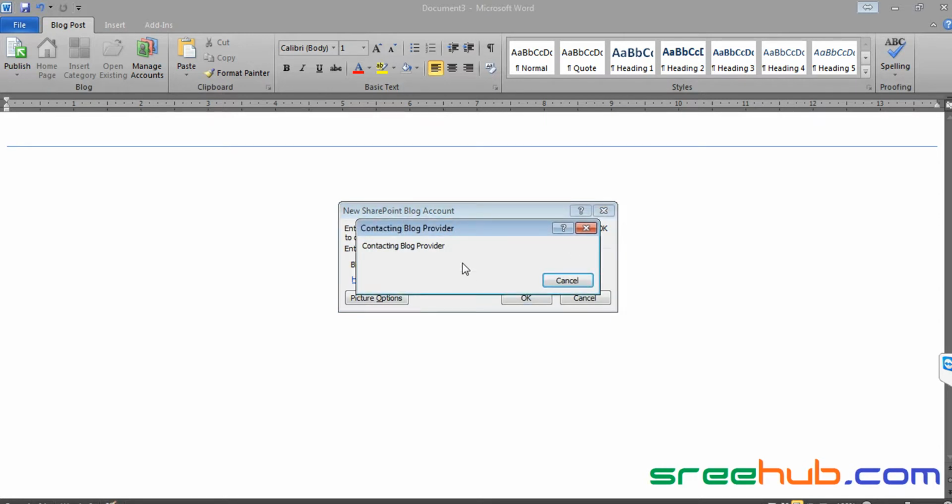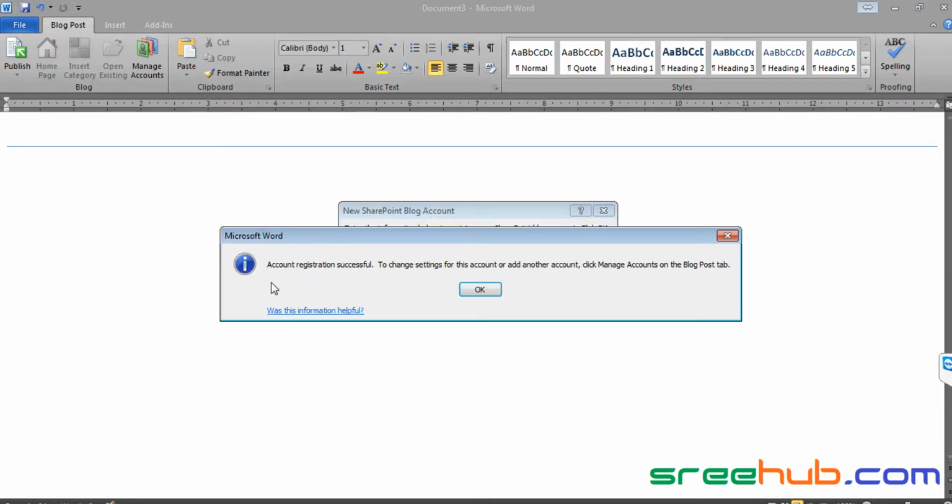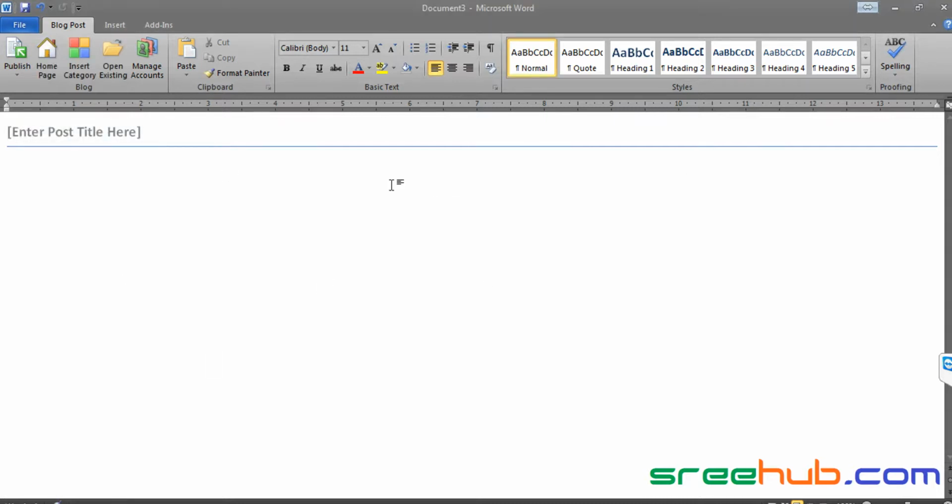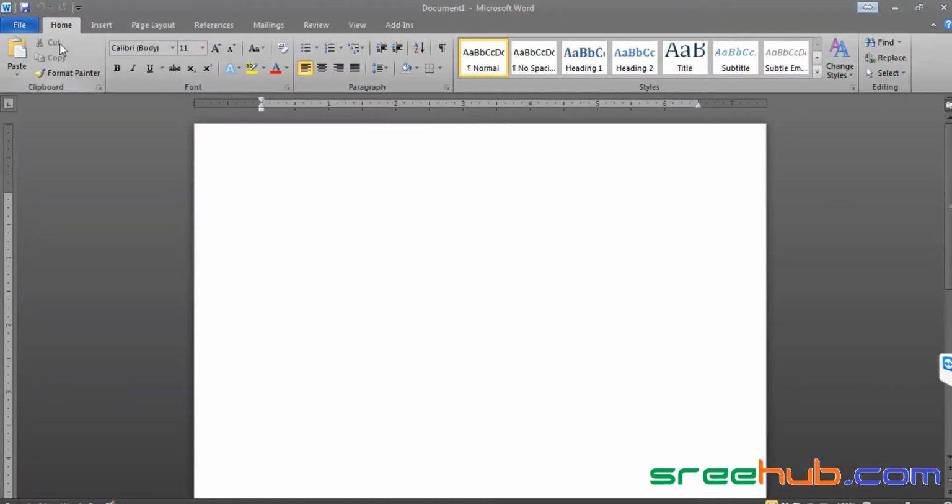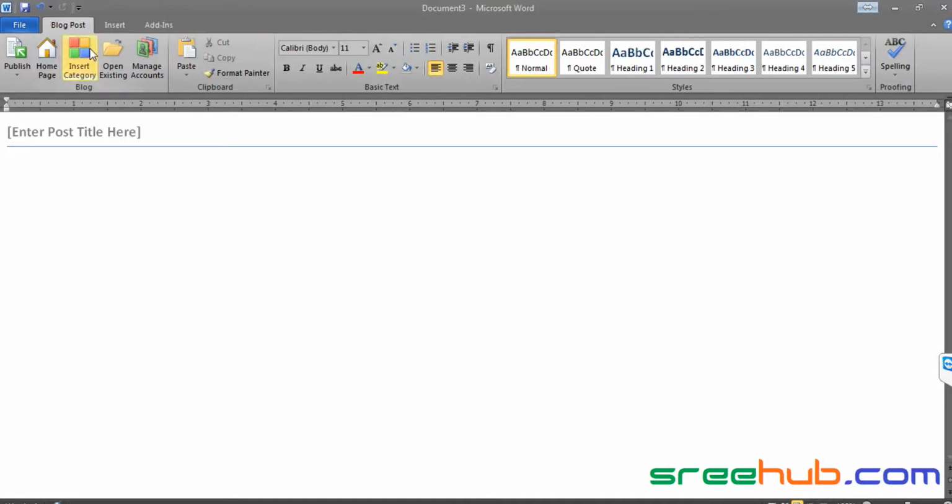Okay, you can see here account registration successful, right? Which means you are already done with the account now. So now this is a page which gives, now you can see two different windows. This is my Microsoft Word where I have gone from, but whenever you click a separate template, like add a new blog post, it will come to this one where your editor will be in landscape, right?